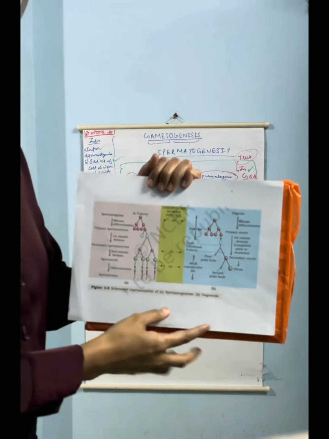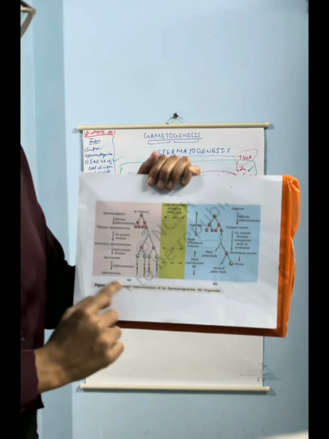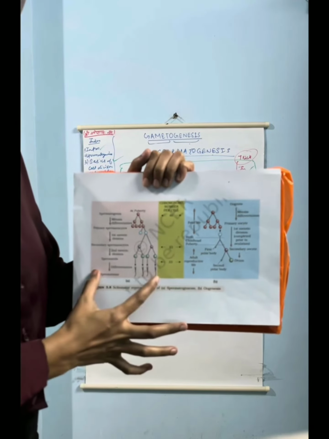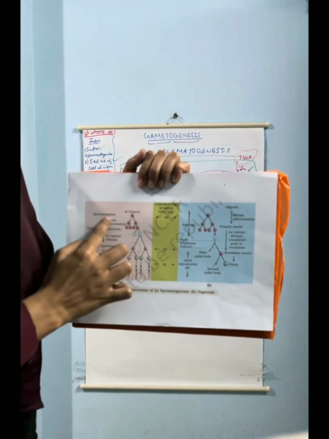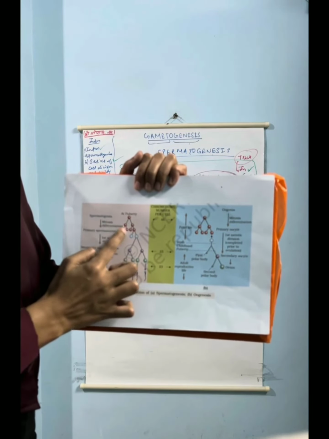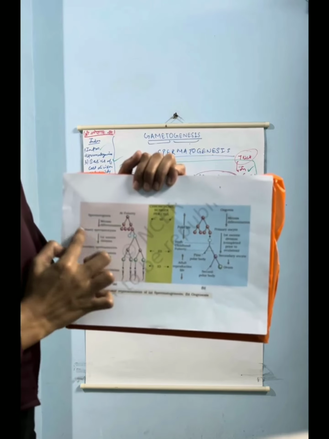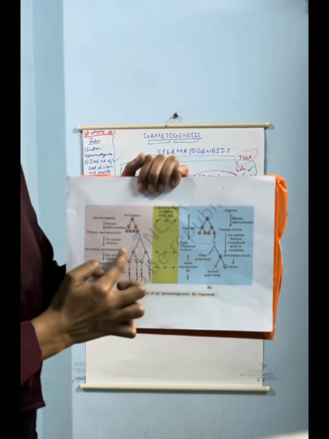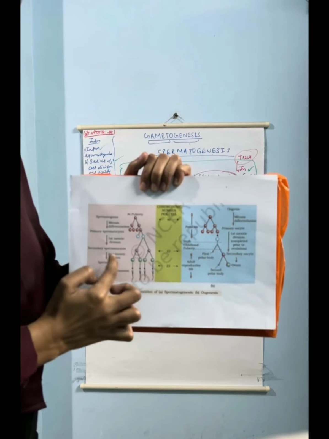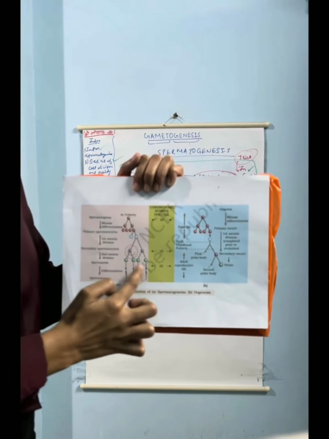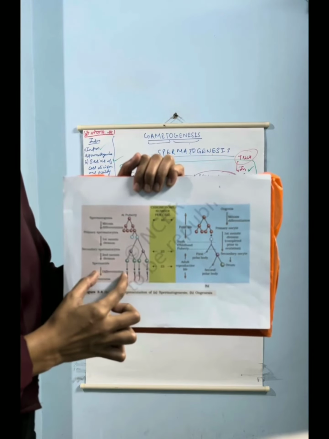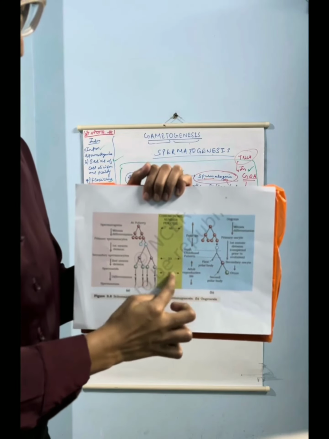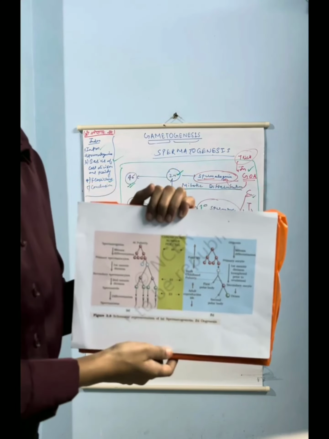Then this is the second diagram given in NCERT of spermatogenesis. This part we will discuss when we are done with oogenesis, so we will discuss only this part. At puberty, spermatogonia cells or male germ cells undergo mitotic division, increase in size and form primary spermatocytes. These primary spermatocytes undergo first meiotic division and form secondary spermatocytes. These secondary spermatocytes undergo second meiotic division to form spermatids, and these spermatids differentiate by the process of spermiogenesis and form spermatozoa. And you can also see the chromosome numbers here. So this is all about spermatogenesis.